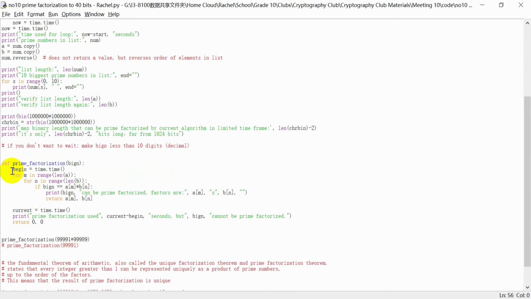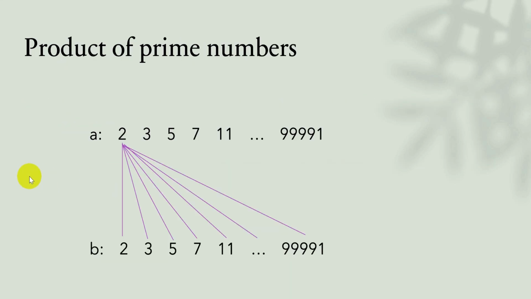In the function, we find the timestamp begin equals time.time, and then we try different prime numbers to see if their product is the number. So this is the logic that we're going to use to see if a number can be prime factorized. We try multiplying all of the possibilities of 2 prime numbers together. So we start with 2 times 2, and then we see if that number is big N. And then if it's not, we try 2 times 3, 2 times 5, 2 times 7, all the way to